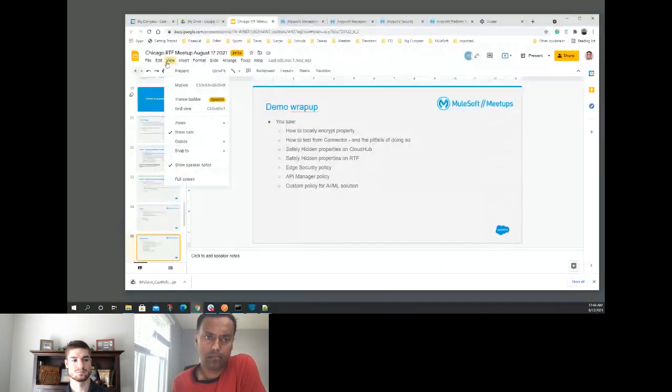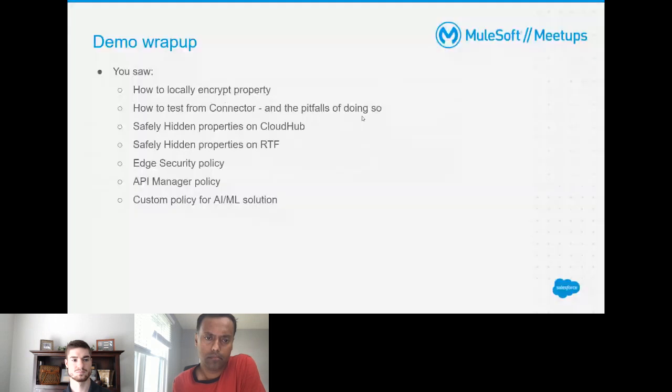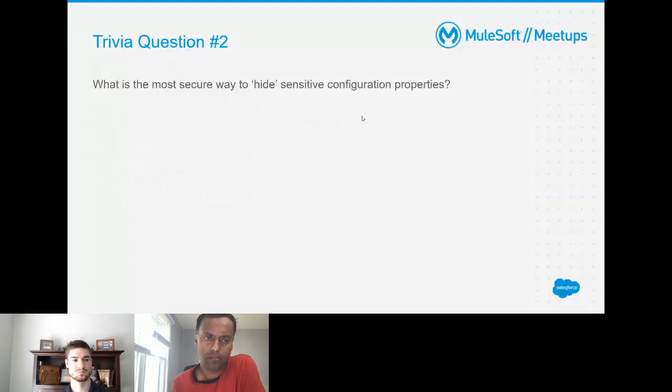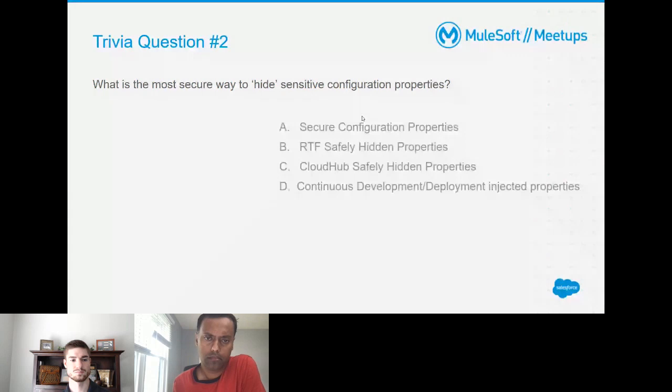It's time for me to wrap up with a trivia question. So what is the most secure way to hide sensitive configuration properties? Your answers are